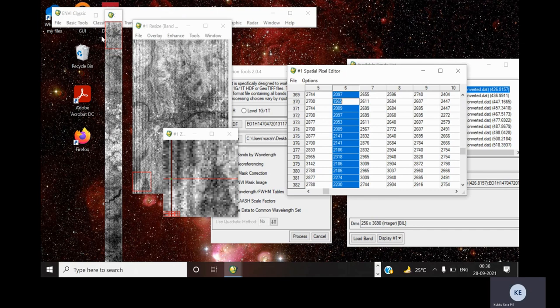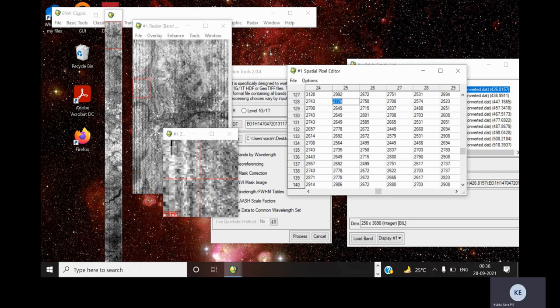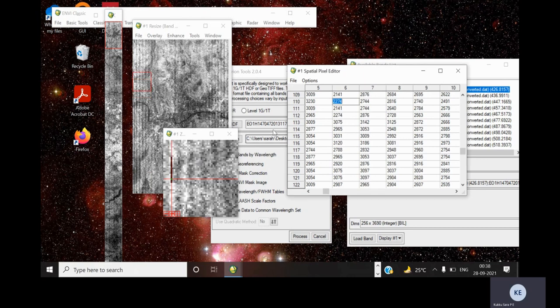Again, now we can see that here and here the strip is removed. Here a smaller portion is still there. Just select that.